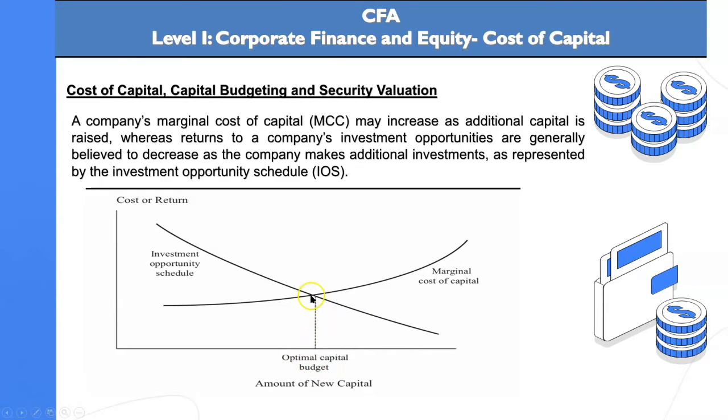This is the number of opportunities that you can take. You can read it here. This is the maximum number of opportunities that you can take. Beyond this intersect, you will have cost higher than the return. This is the return on this. These are the number of projects available because the cost will go up and the return will be lower. You have a return here, for example, but you have a cost here. Then you will get a negative net present value.